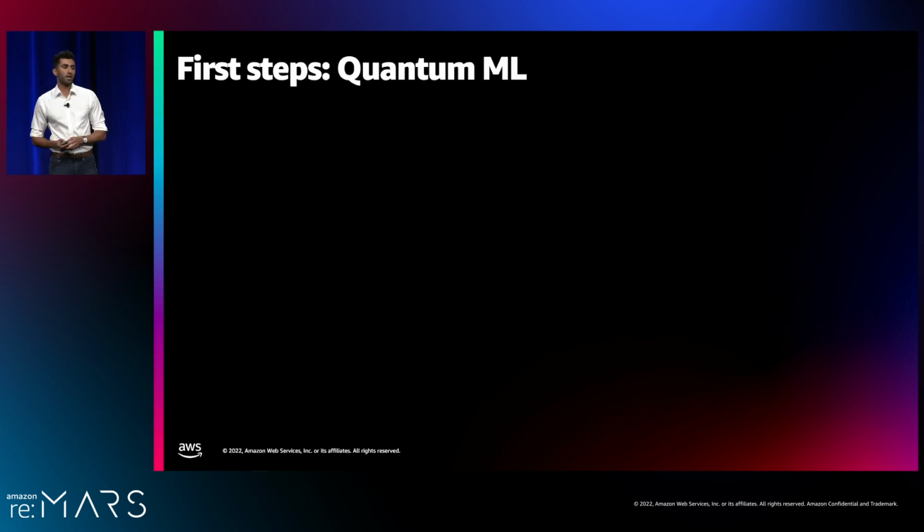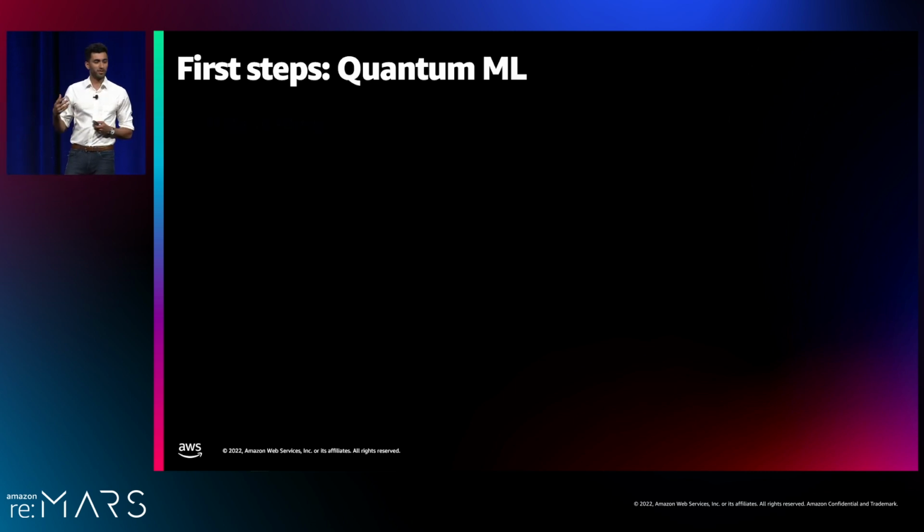OK. If you want to do quantum machine learning, you really have to start from ground zero. The first thing in a machine learning algorithm is getting your data onto the computer in the first place. And we don't even know how to do that. So let me show you a circuit that does that. You can't just plug your flash drive into the quantum computer. It uses a completely different data format.